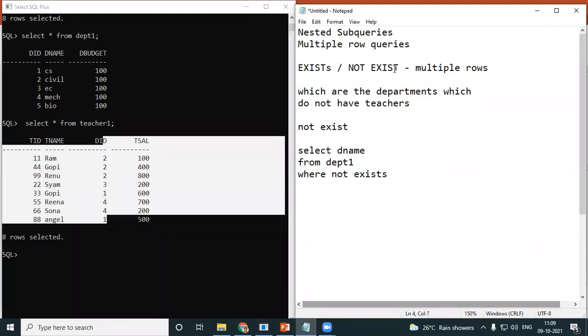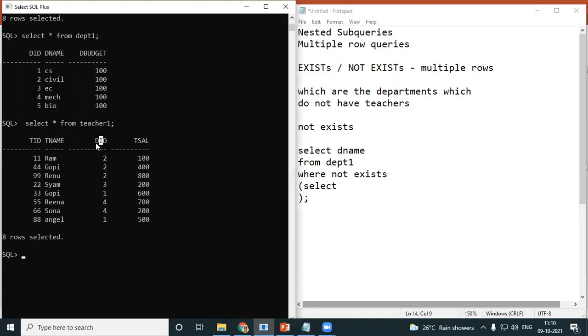You have an S over there, EXISTS, I typed it wrong and left it out. Okay, WHERE NOT EXISTS, from which table? From my teacher table. So let's write the query over here. You have to select the DID because that is the field which you want to be checking. SELECT DID from which table? My TEACHER1 table.